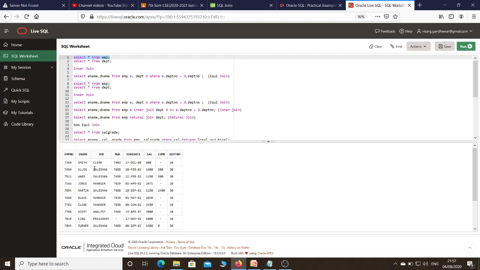Suppose one person is working under another person, we can say that person is the manager. Just like the concept of team leader: in one particular team, n number of members are there. So we can display member 1, team leader 1, member 2, team leader again 1.